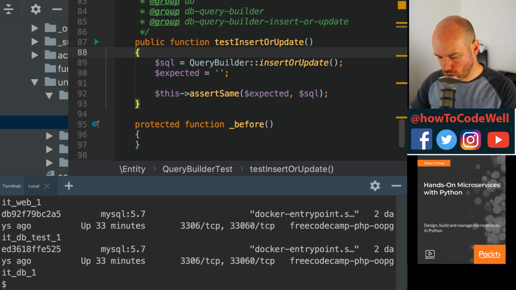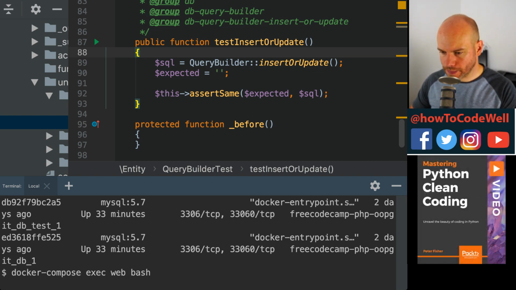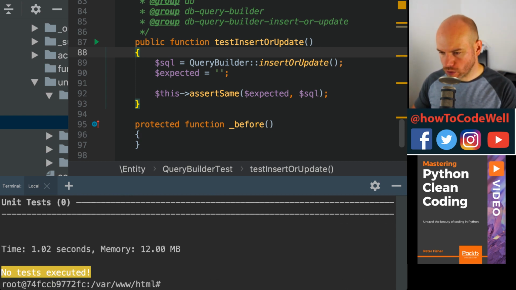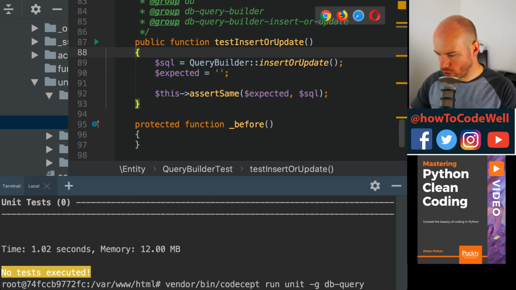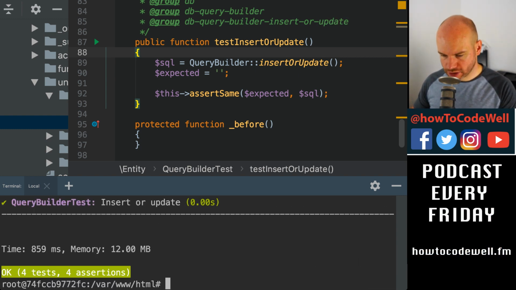There we go. Yeah, cool. So let's just get into that as bash. Marvelous. And then let's just run the DB query tests as they were yesterday, although that hasn't returned it. It's query builder, isn't it? Marvelous. So we know that they work, which means that, if anything breaks, then it's something that I've screwed up